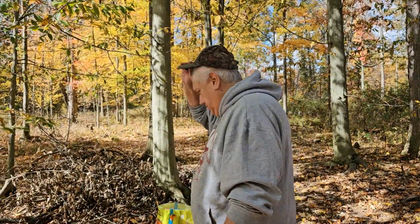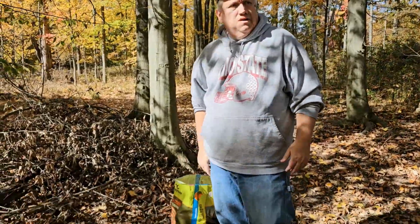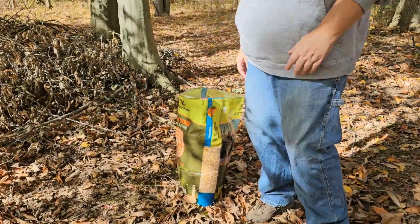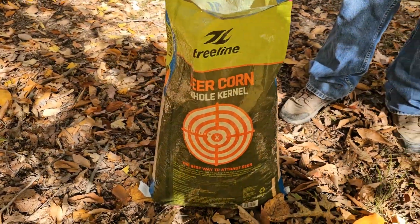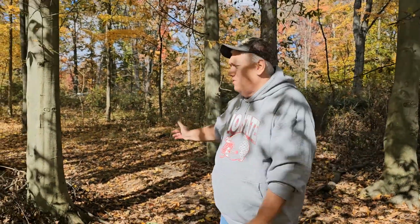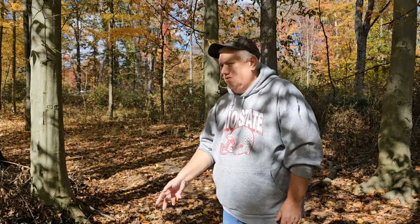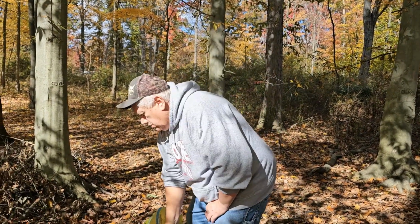Okay, so Marianne didn't want me to do this. Nope. But you know what? I'm doing it. So we're going to put half a bag here and half a bag on the bend of, get some corn, because they do come through here a lot. They go to the bend a lot. They go everywhere a lot, but once they learn that it's here, we probably should have did this when we planted the pumpkins, and they maybe would have stayed away from the pumpkins. But